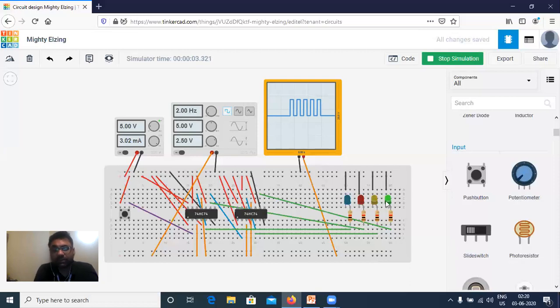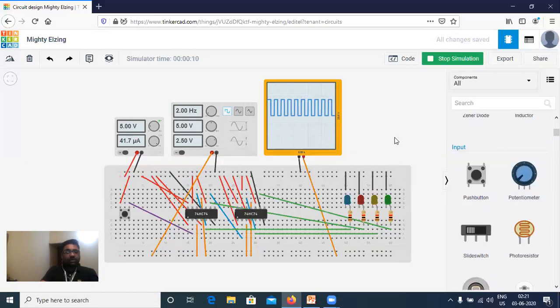So this is the shifting operation. You are giving a manual pulse here, and you are getting the shifting operation. So fine. We are able to do the shifting operation using a shift register using D flip-flops, a 4-bit serial input and serial output shift register.